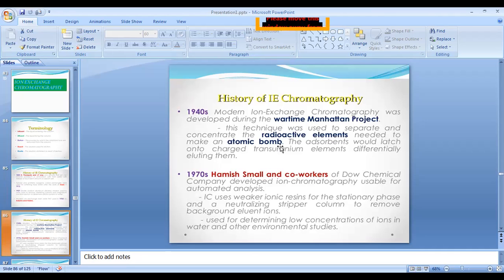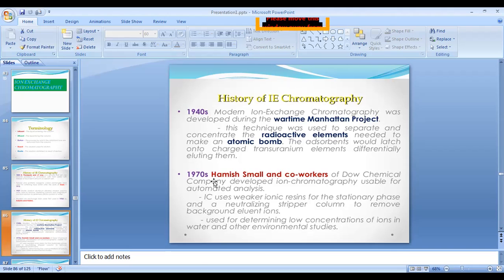and the same technique we have used in the separation of lanthanide elements. Okay, ion exchange method, chromatography exchange method, so extraction of lanthanides. In the last year, in the second year, we have studied extraction of lanthanide. So this extraction of lanthanide is carried out by using ion exchange chromatography, or we can also use solvent extraction. But at industrial level, generally they follow ion exchange chromatography.